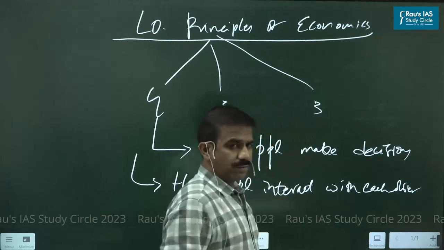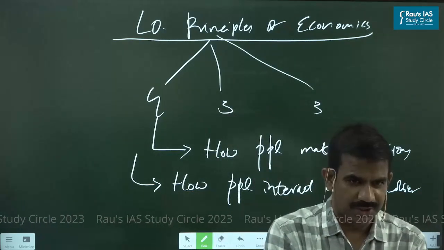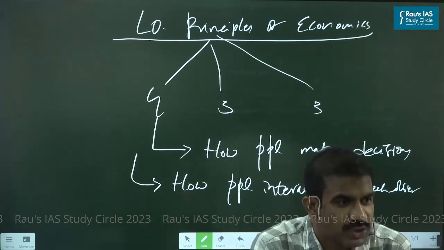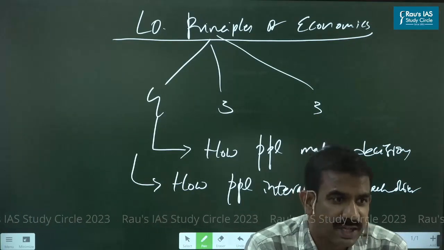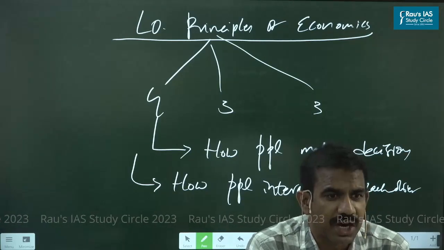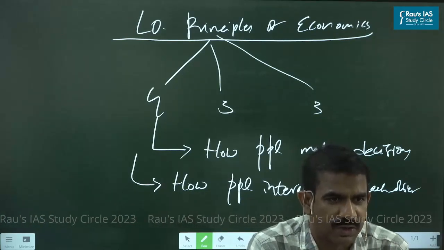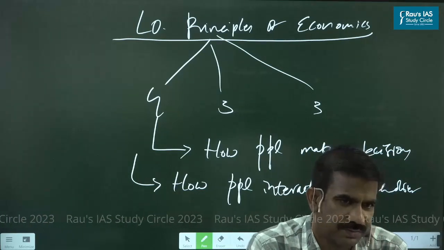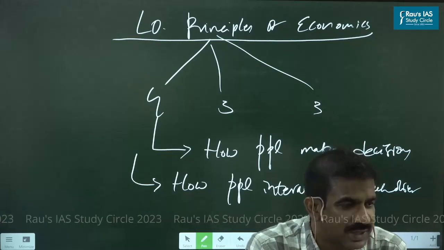The second thing we'll try to understand is how individuals make decisions. And how do these individuals interact with each other? That's the second thing we'll try to understand. Got it? Our interaction: what's the rationality, what's the logic behind our interaction? What purpose does it serve, why are we interacting, and how are we interacting?